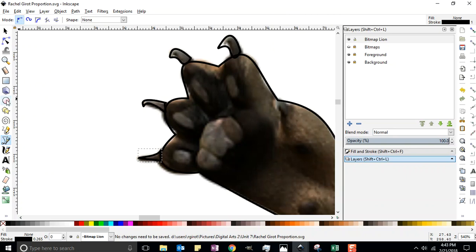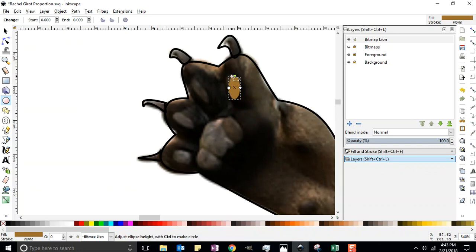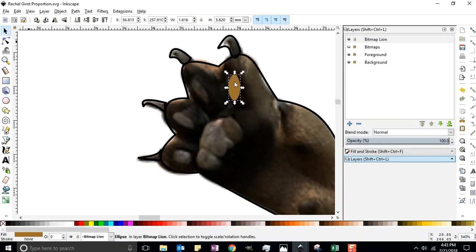Perfect. I can use the ellipse tool and I can just draw ellipses, right? File, save, grab your selection tool and click on it again. If you click on it twice, you don't have to click save between times. Then you can rotate that, and we don't want that to be filled. So I'm just going to go ahead and click an X so that it won't have any fill down here. And then I'm going to also hold shift down and click on the black because I want it to have a black